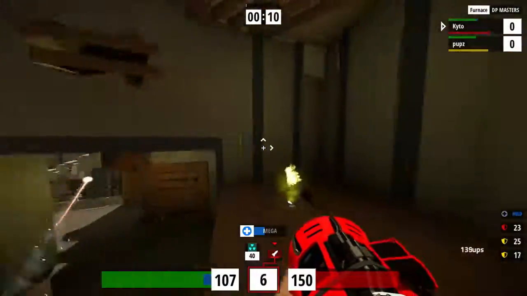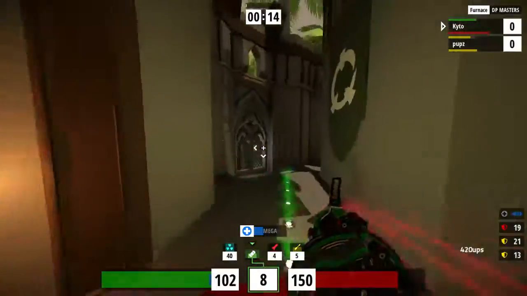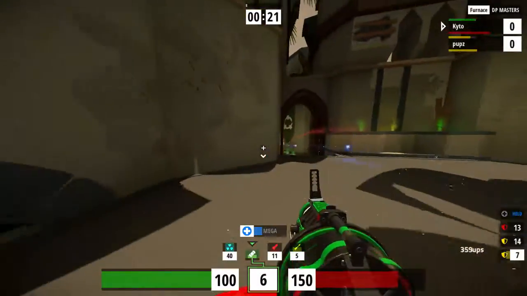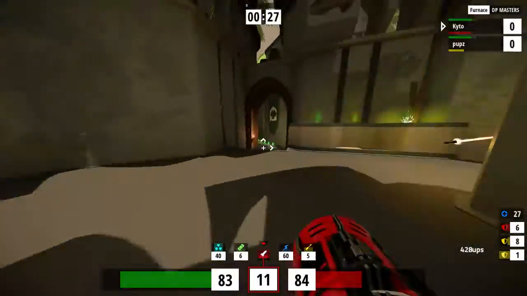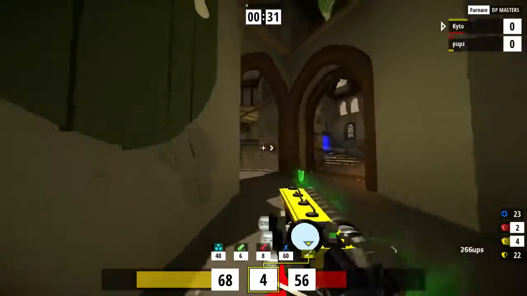for him, as he does get a nice rocket hit on pupz there, as well as control the red armor with no troubles. And a very, very diversive armor pickup time here. As Kyto plays this right, should be able to control red and yellow, but it looks like pupz barely managing